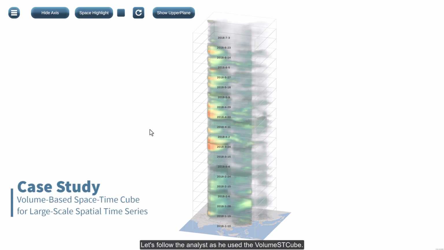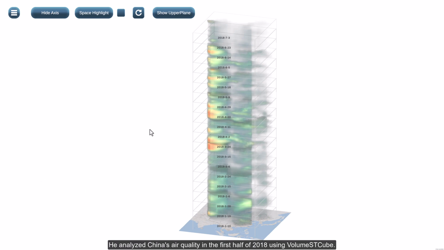Let's follow the analyst as he used the VolumeSTCube. He analyzed China's air quality in the first half of 2018 using VolumeSTCube. The ST series of air quality was visualized with volume visualization in the spacetime cube after they were transformed into